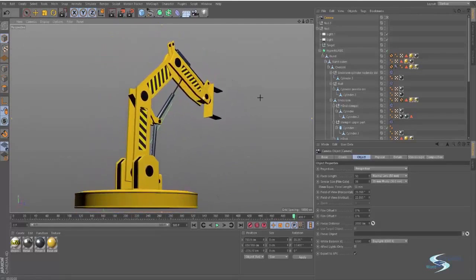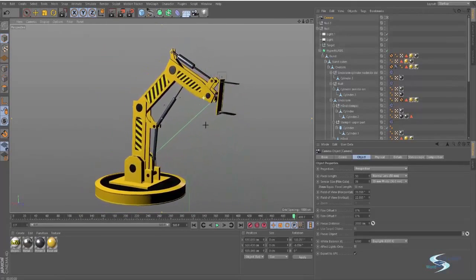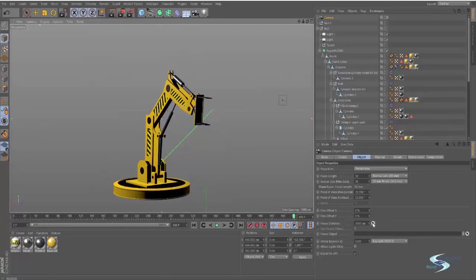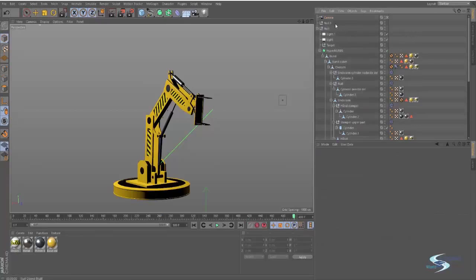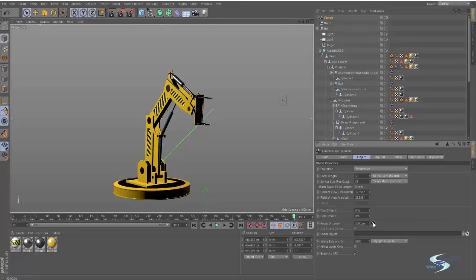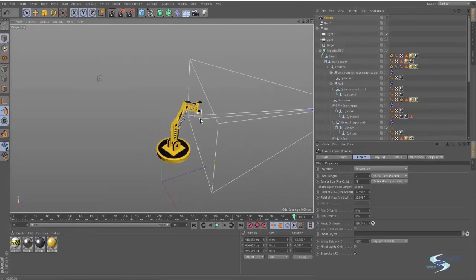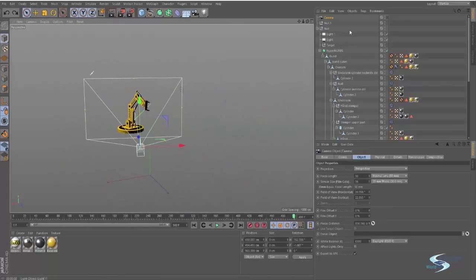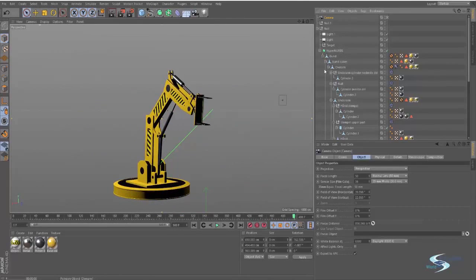So I want to find some part of this crane that I want to be in focus. So if I just place my camera, like let's say right here, I can click on this pick with this little mouse icon, and then I can just click on my model. Oh, what? Okay, I have to choose this tool, click right here, click on my model, and it will have set the focus length. If we go out here, we can actually see that this is our focus distance, and it has been set right where we pointed it or clicked. So if we render,